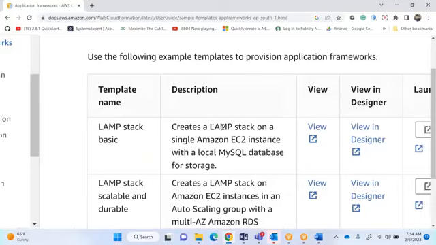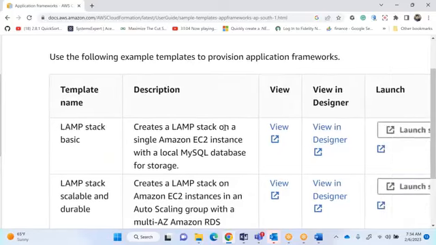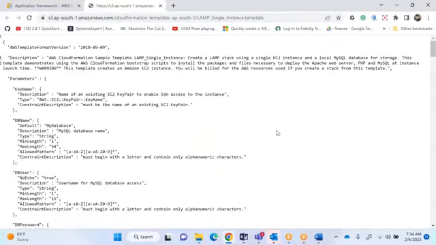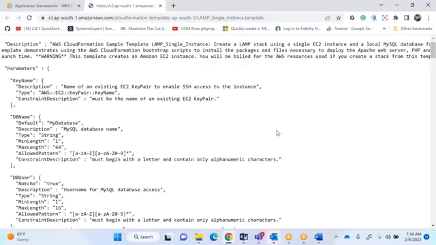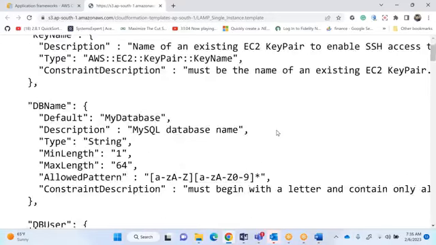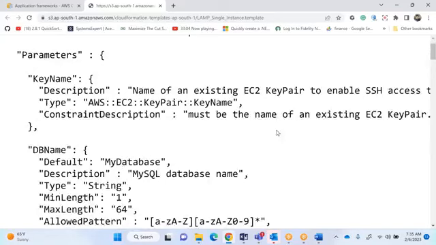When you take this CloudFormation template, it will create a stack, an EC2 instance with a local MySQL database. So let us view the CloudFormation template. Whatever I provided, it will appear. If you see here, sir, let me expand it. All these things are parameters. As an example, in this one, the application server will be launched with a local database. Local means in that server only the local database will be there.